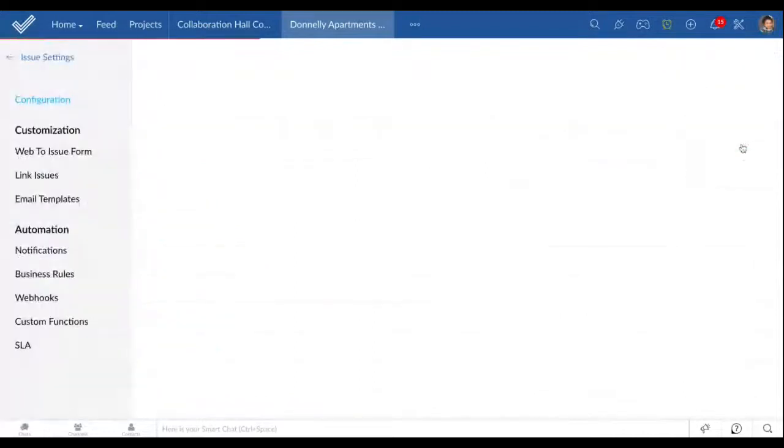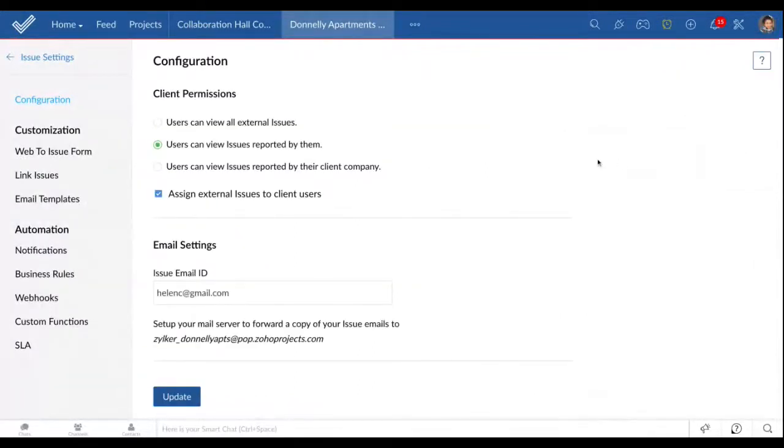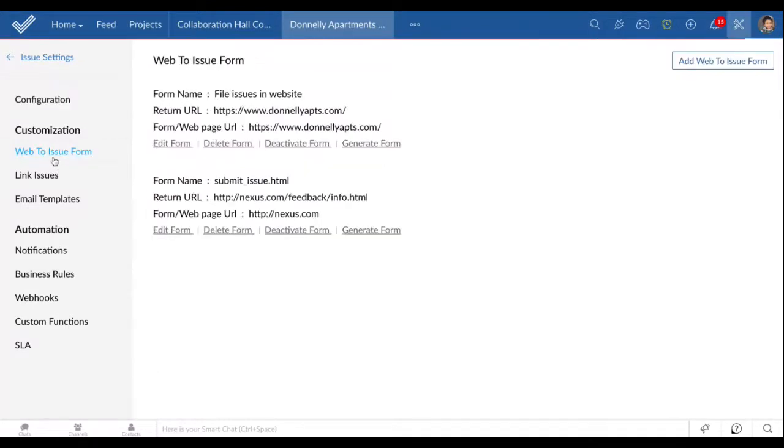And I will just quickly give you a glimpse of what the issue settings stand for, just touch base on what is available there. So you will see the client level permissions. You can choose to let the users view all the external issues or the ones that are reported only by them or reported only by their client company. And the web issue form, and I'm just touch basing the concepts here because I have given a detailed explanation in the form of a video as a handout in this training. And that is why I'm kind of light